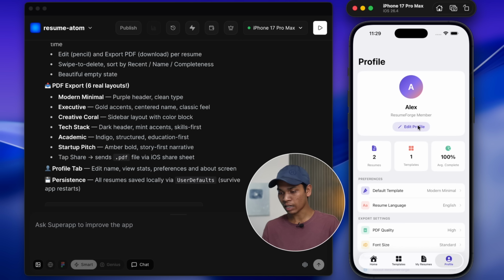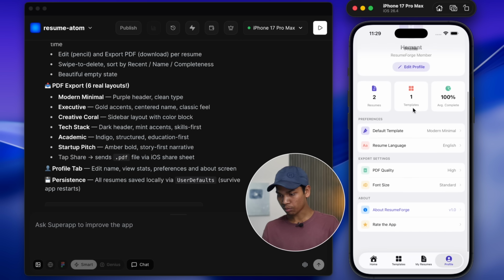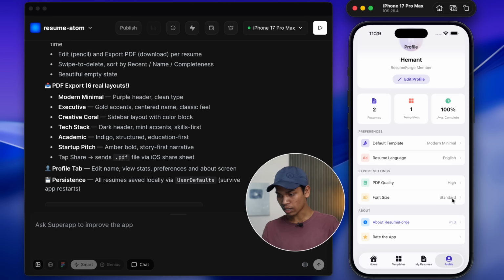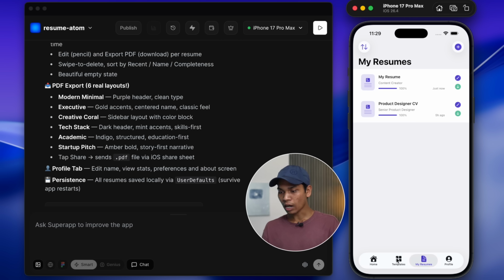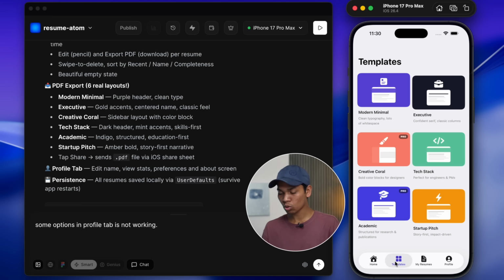So I am clicking here edit profile, and yes, I can edit this. I am writing my name, and then there is some other options like font size. So yes, currently it is not working. These options are not working, you can see. So what I will do is I will just type here like some options not working. I will just ask it to make those work, and then when I go to the templates tab, so I